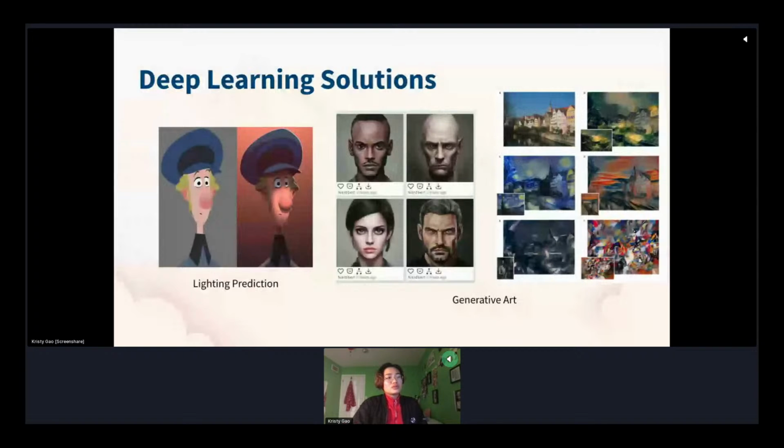So on the right-hand side, you can see they've taken that nice picture of a quaint European town, and they've put some paintings over top of it. I think of these kinds of examples as generative art. Whether or not they're still in the computer vision realm is maybe up for debate. Maybe this is in a bit of a blurry zone. I personally still think of it mentally as an area of computer vision, because it